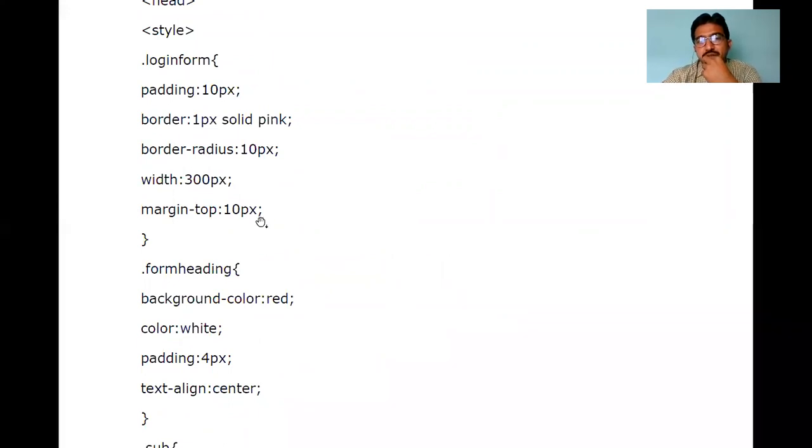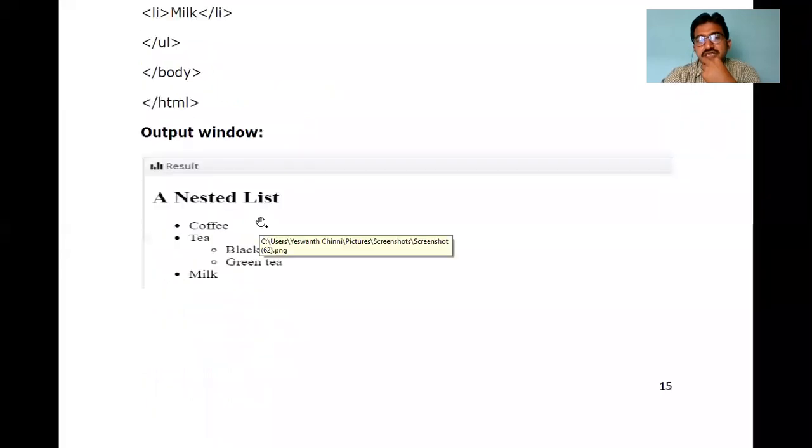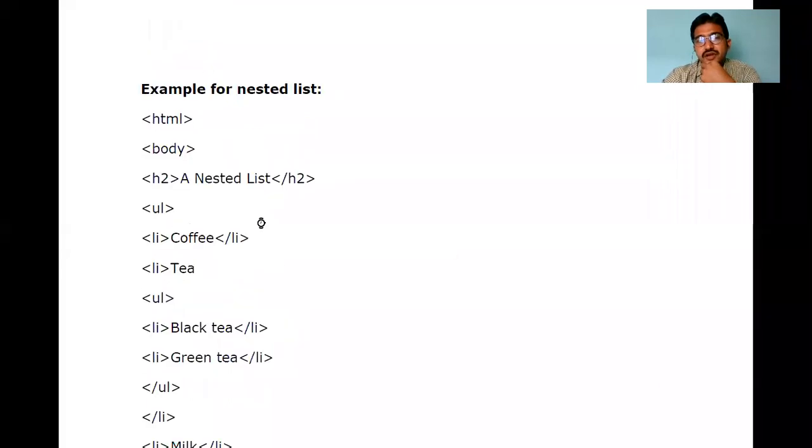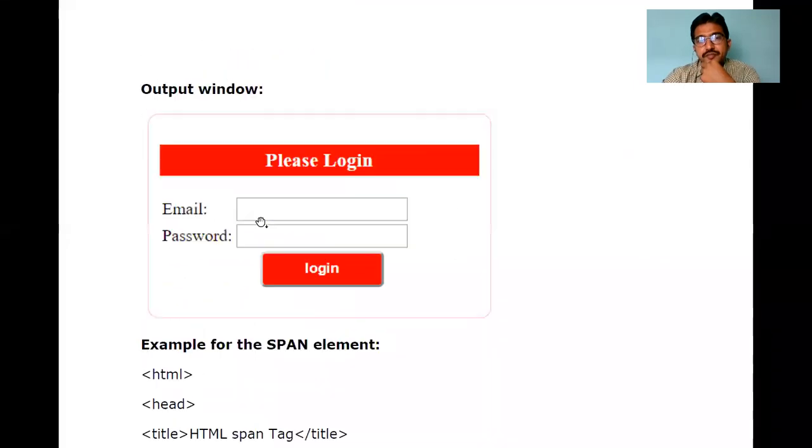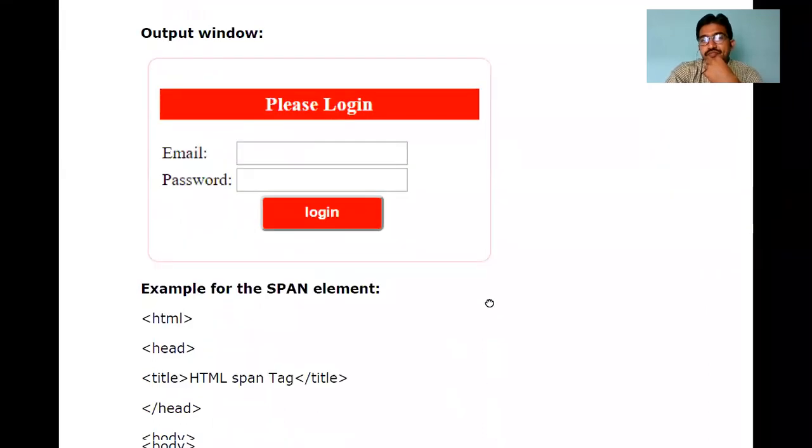That's first; we have created a border. Inside that border we are going to insert the rest of the things. See here, this is the output. This is the border we created initially. Again, in the first row, the login page with pink color. Next, the second row: email, password, login. Like this we can design clearly.